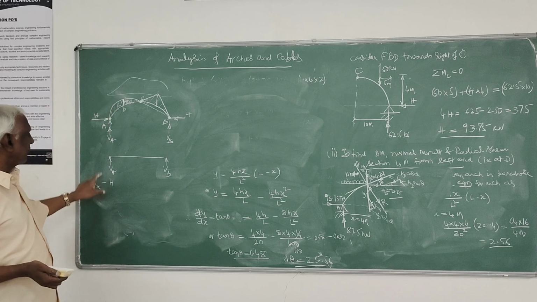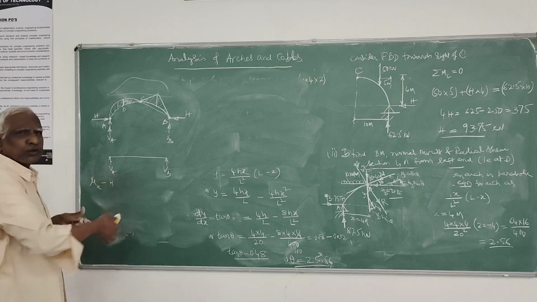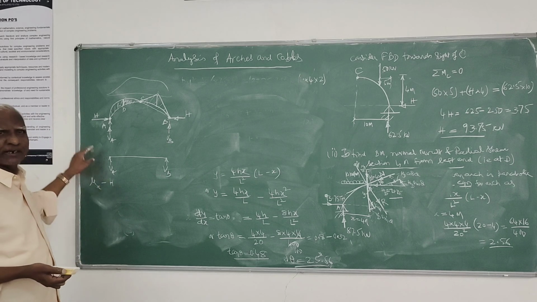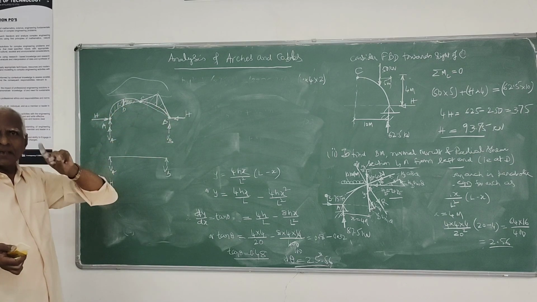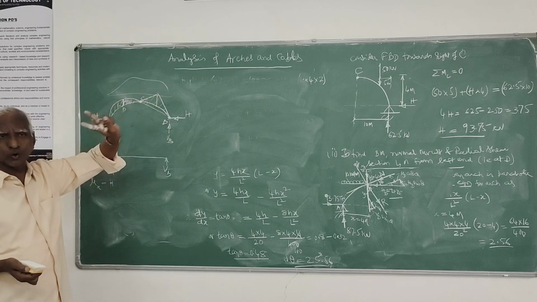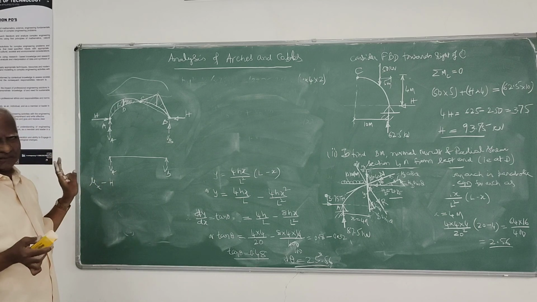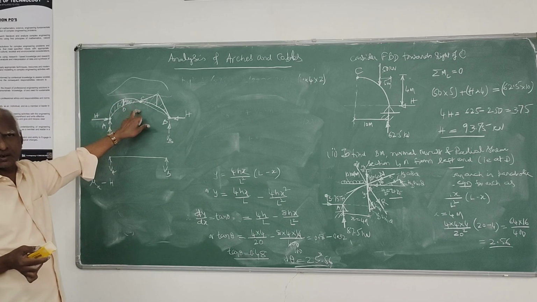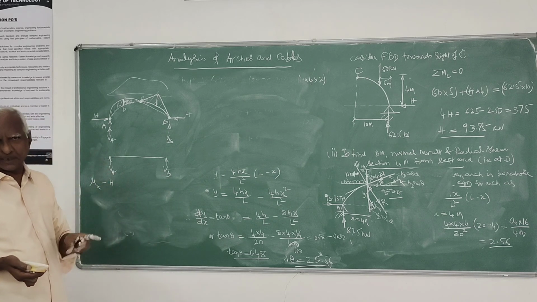Here, always, the bending moment at any point will be lesser than its usual beam-equivalent bending moment, because it is beam moment minus the moment due to H. So the arch structure is economical in resisting the bending moment. However, you are getting axial force, and by that axial force you have to design. In addition to the axial force, the bending moment is negligible in arches when compared to a beam, whereas in the beam, bending moment is the predominant one.